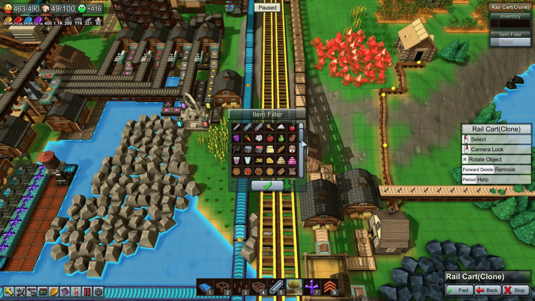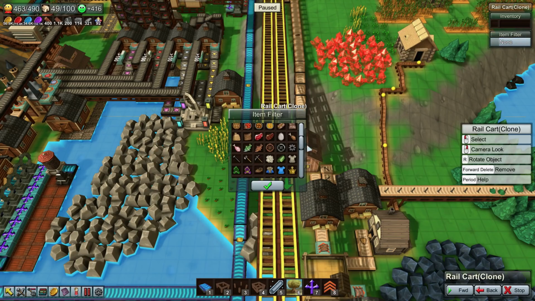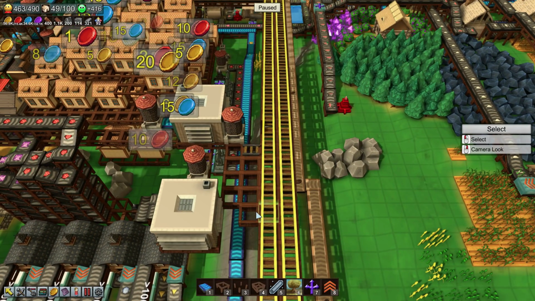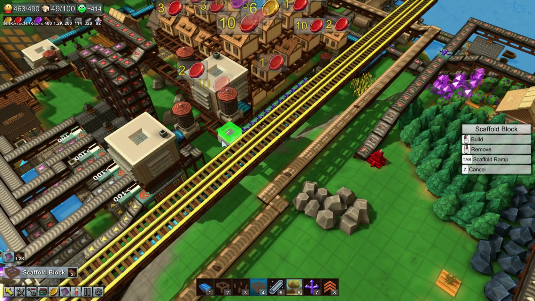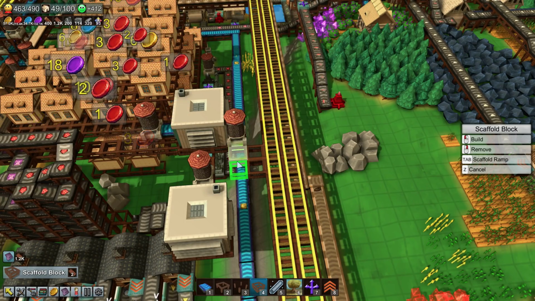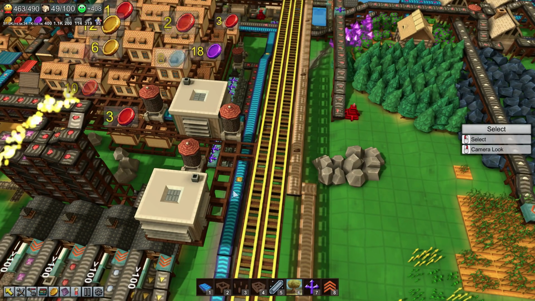Item filter, just to keep things going smoothly. Pickaxe. Same here. Item filter, pickaxe. This here, we're gonna run on the same line for a little bit. So this bit of rail here, please just function for like 3 minutes, please. This bit of rail here,